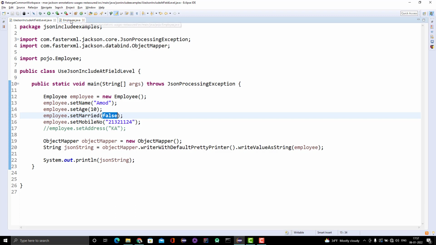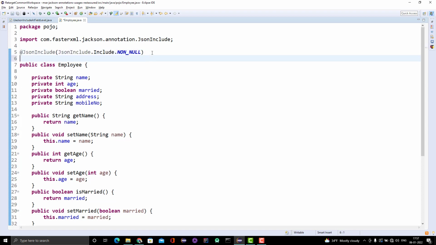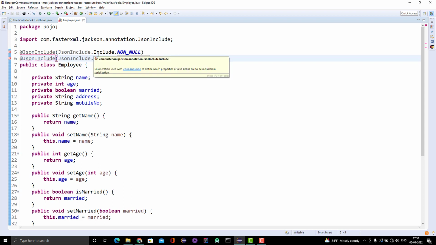Now, to exclude any default value, we need to use non-default. So if I try to go here and add it, suppose non-default, we cannot do it actually.